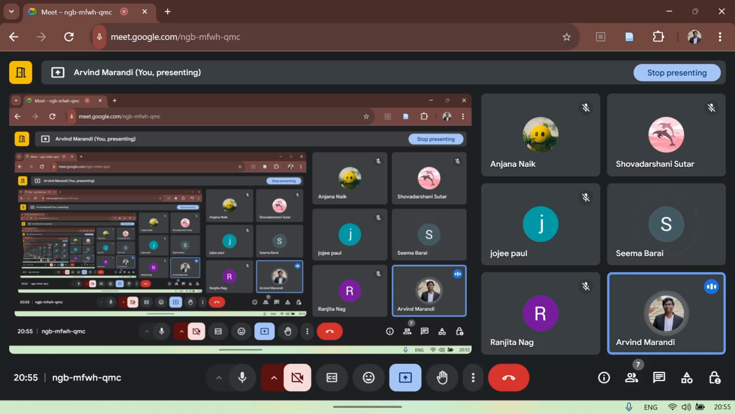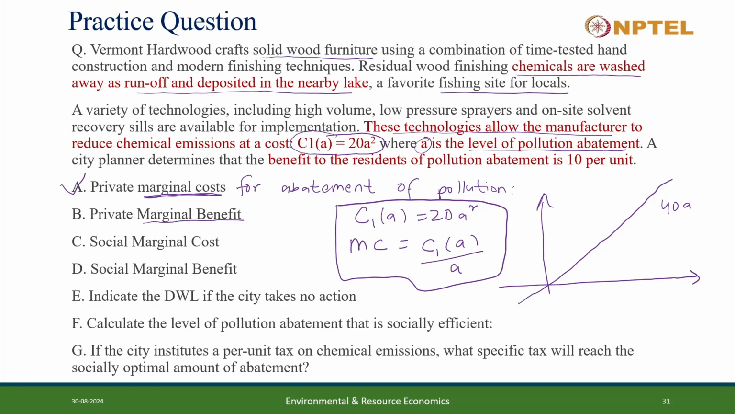Yes, ma'am. What will be the second part answer? Private marginal benefit. You can try, or you can tell me what will be the social marginal cost curve. So what will be the cost which society has to incur, sorry, society is benefiting for each unit of pollution abatement. So it is given directly, right? 10 per unit. So it will be parallel to,